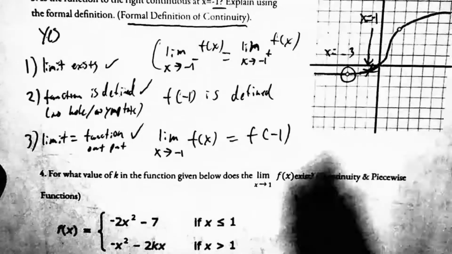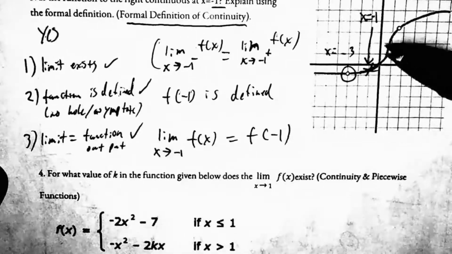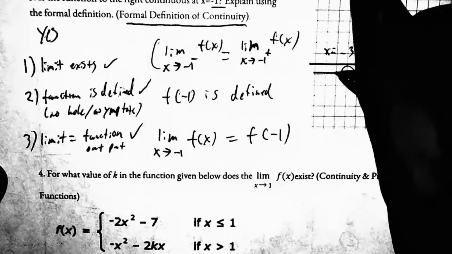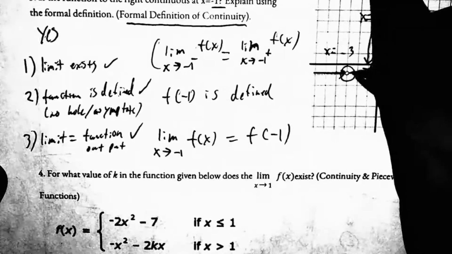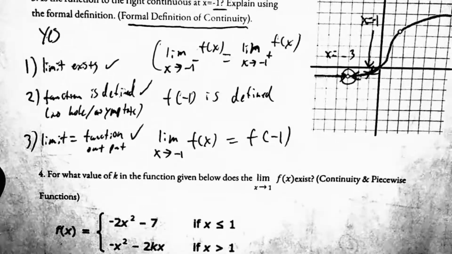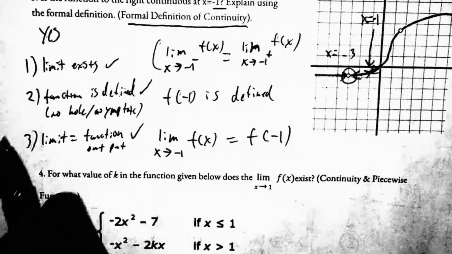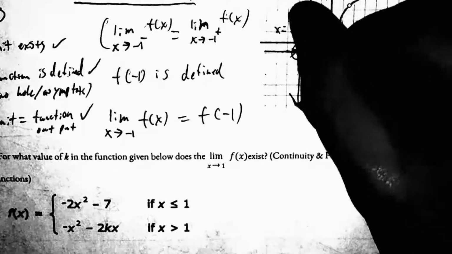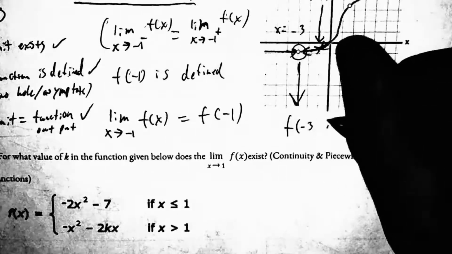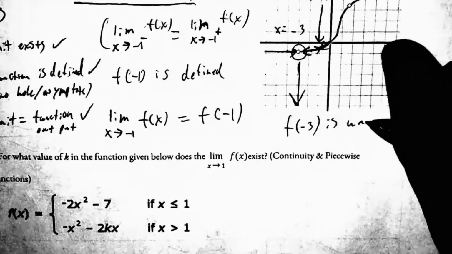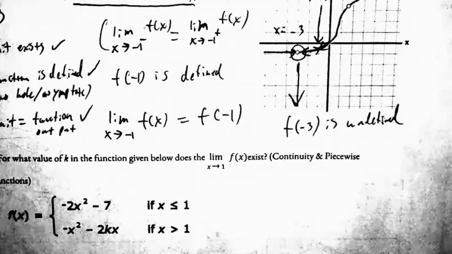you would say, okay, yes, the limit exists because as we approach -3 from the left, it approaches -3 from the right. It's the same limit. But you would say it is undefined. f of -3, this is what you would say. f of -3 is undefined,